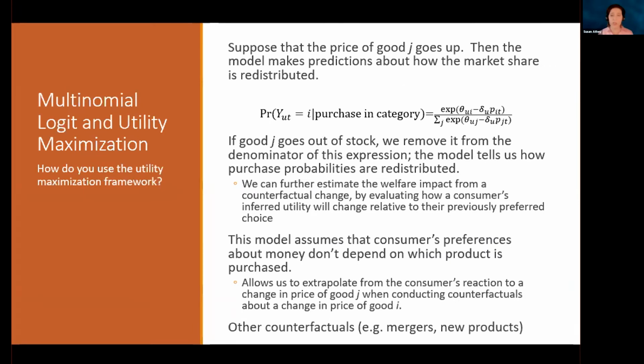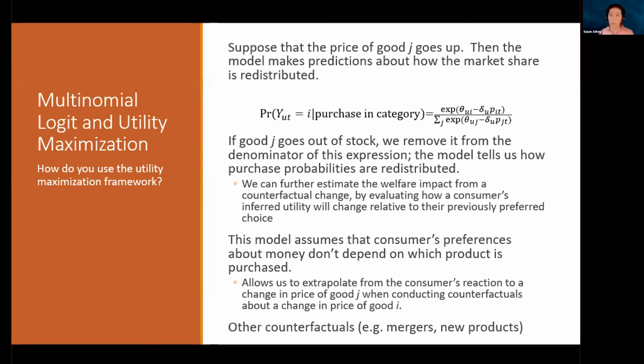Now, as I mentioned, we use these models. What we do is we estimate some form of multinomial logit. We estimate parameters. We might try to estimate the parameters directly, or we might allow them to have a distribution through random effects types of models. And then we do counterfactuals. And the cool thing about this, again, is that it's going to tell you if the price of one product goes up, how does consumer demand get redistributed among other products? And by the way, this is in a category, so we can think of this as different brands of potato chips, and if the price of one brand of potato chip goes up, you're going to buy different potato chips.